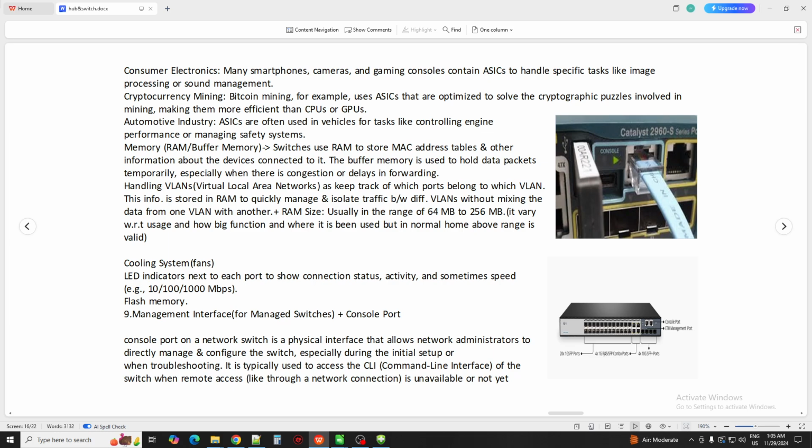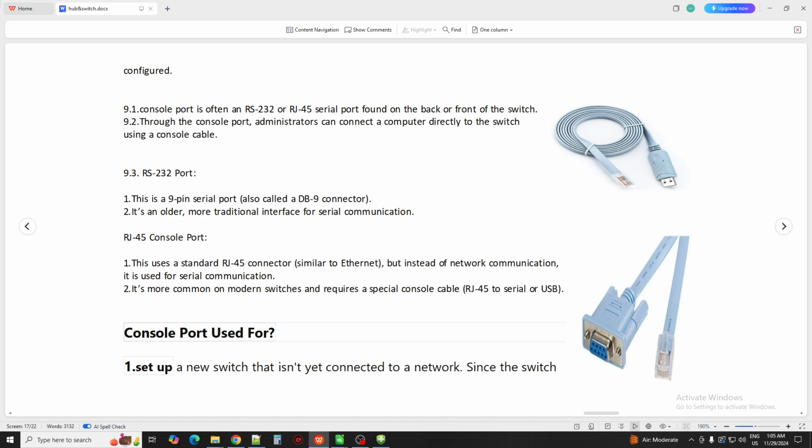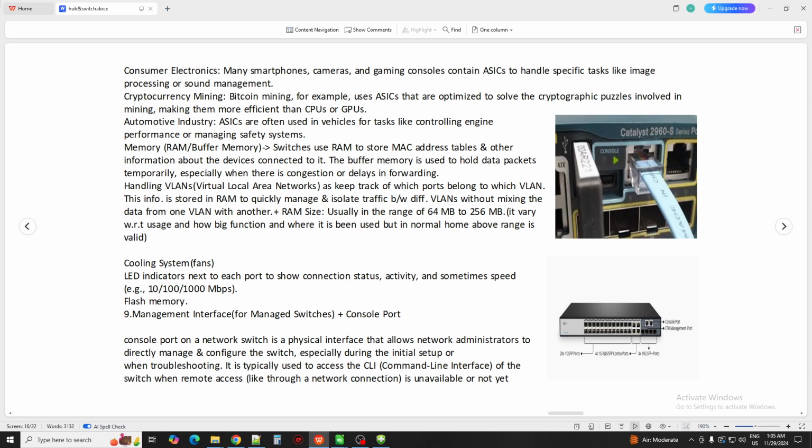How can he do it? Using the console port and a console cable, either RJ45 or RS232. Using either one, he can configure the switch.